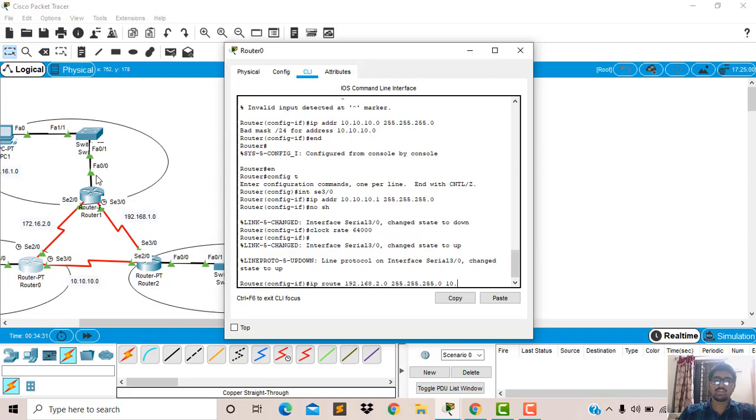For router 2 we have assigned the IP address 10.10.10.2. Now I am giving that 10.10.10.2 as the next hop IP address, and we can give the exit interface as SC2 by 0. Now we will see the next hop IP address, and from next onwards we will assign the exit interface address.